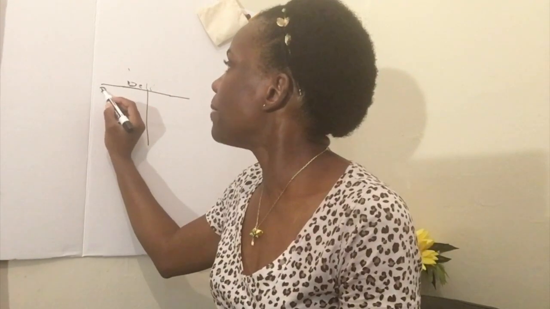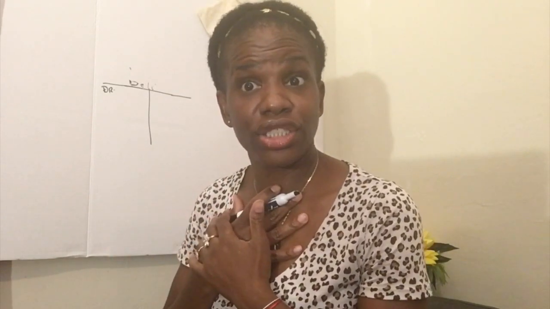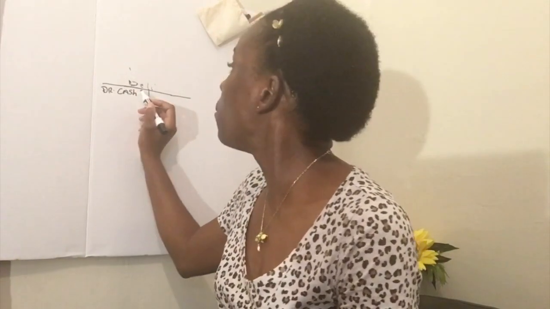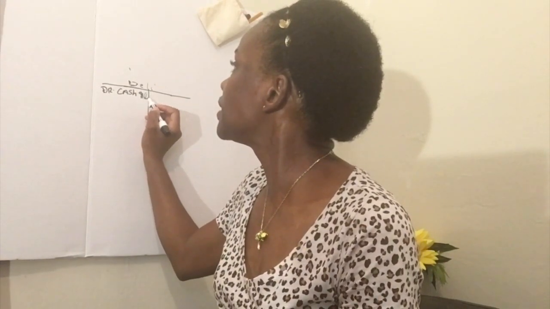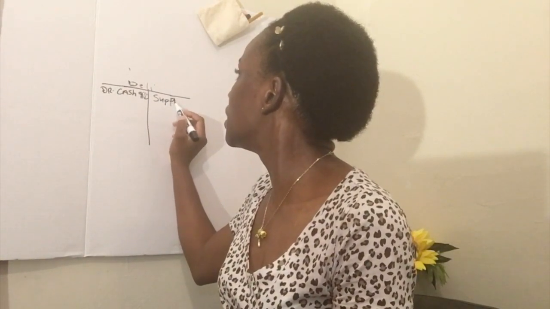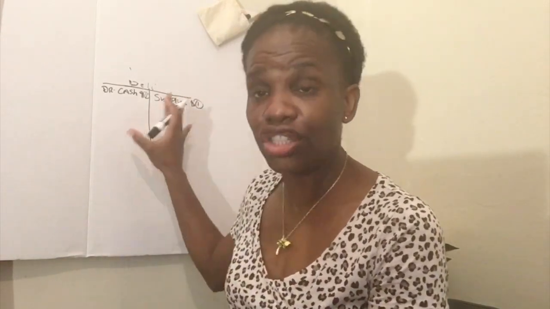So what would we debit? What is coming in? Our customer is giving us cash, right? So debit cash for how much? $1, right? And credit what? What just went out? Supplies, the bottle of water. So we credit supplies $1. So we've done two things, right? We've done a journal entry.